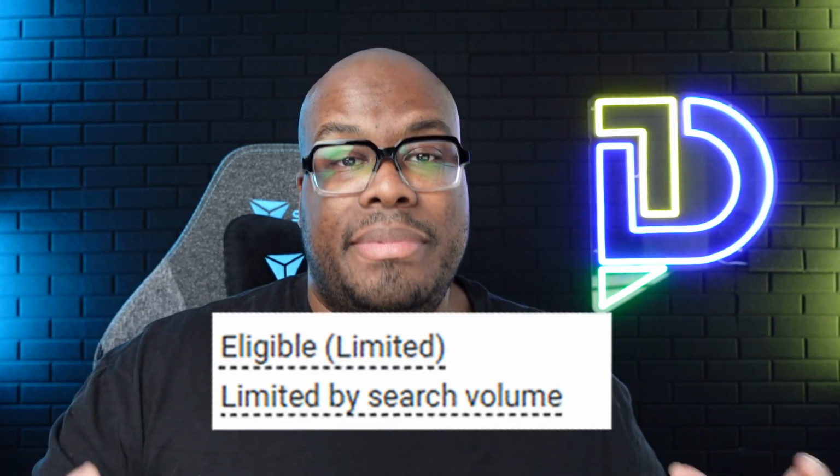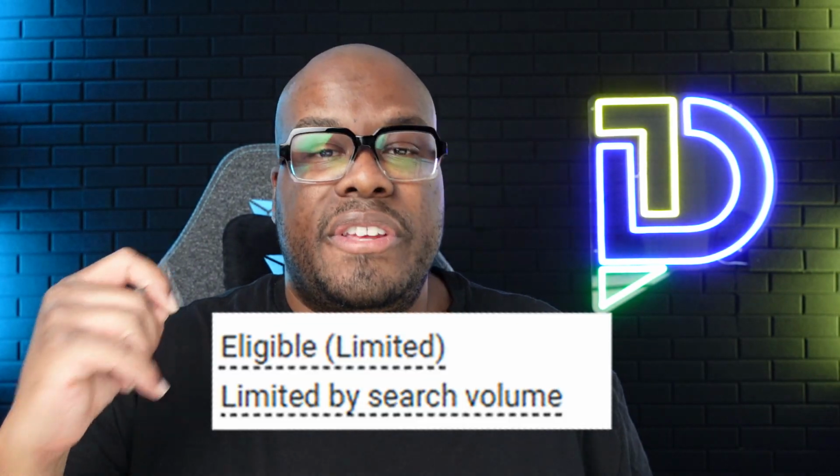And of course, for e-commerce people, come on, use ROAS. Generally speaking, in e-commerce, if you have enough conversion data and you're tracking values, you should be testing out target ROAS. And finally, we have limited by search volume. Now, this is quite a relatively new status that came around maybe a couple of years ago. And what it basically means is Google is telling you that your campaigns are low search volume. And the way to remedy that, of course, is to potentially change your keyword match type to broad match.